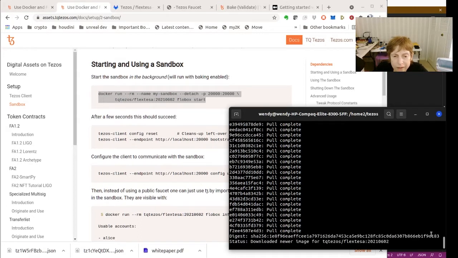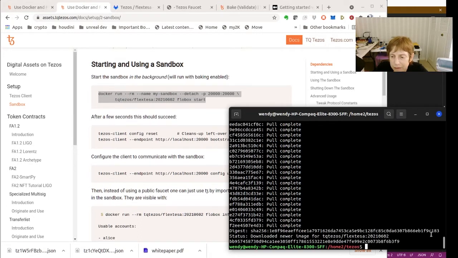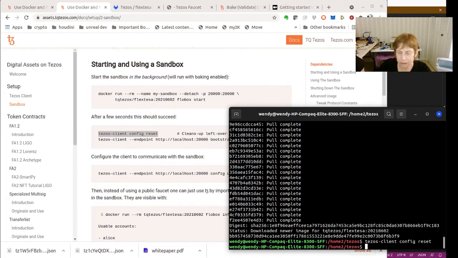That's the nice thing about Docker. It lets us use a sandbox so we keep everything separate, and we don't have to worry that we're going to do something wrong on the test net. Test net, I think, is when you have something that you think is relatively close. So now we're just going through the